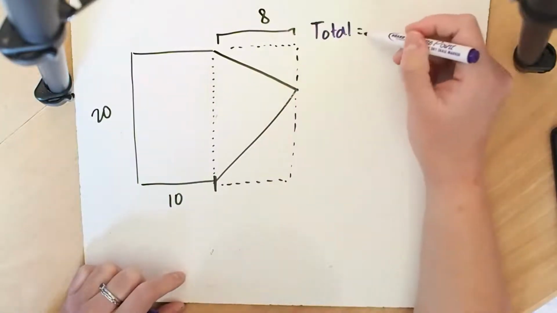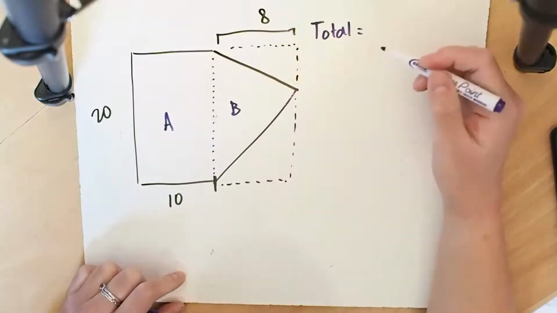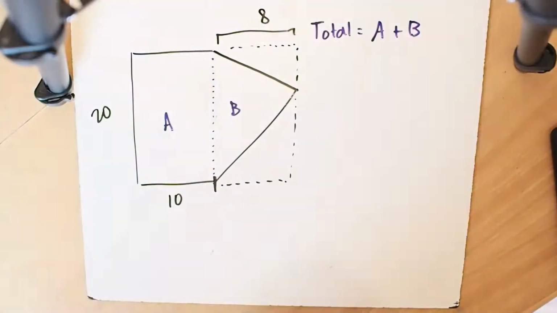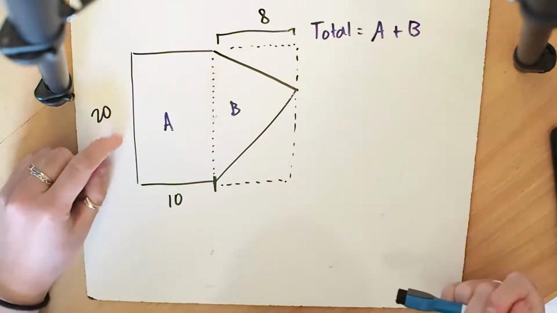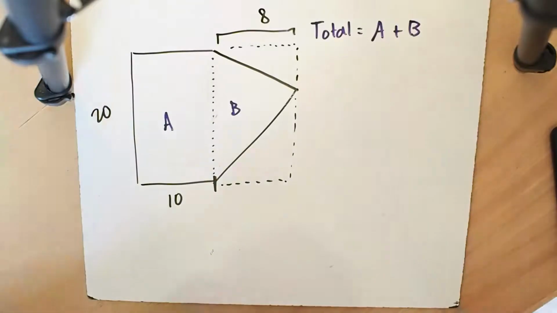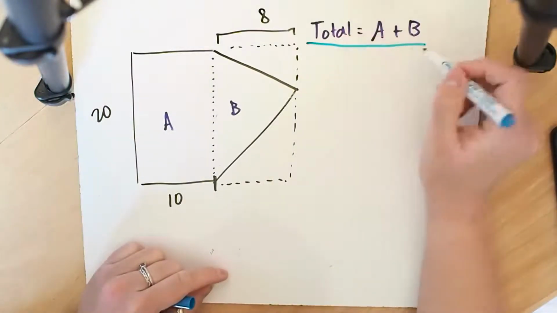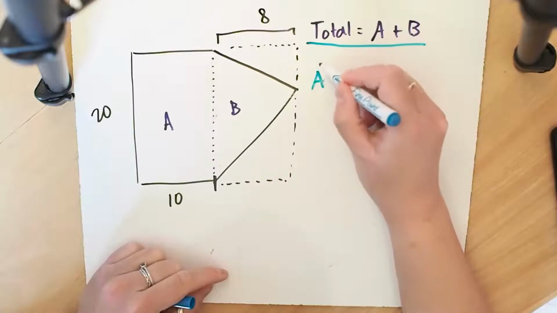Once again, I'm going to write my total area is equal to the area of shape A plus the area of shape B. Just like the last problem, this shape here is a rectangle, which is really easy. We see that the base is 10 and the height is 20. But because we have a triangle, I'm going to do this a little bit differently. I'm going to leave my big formula up here,